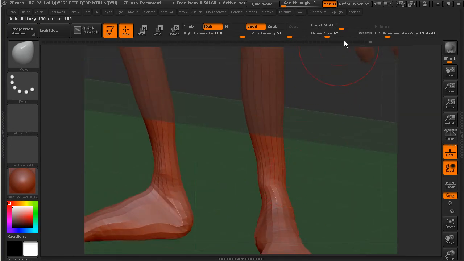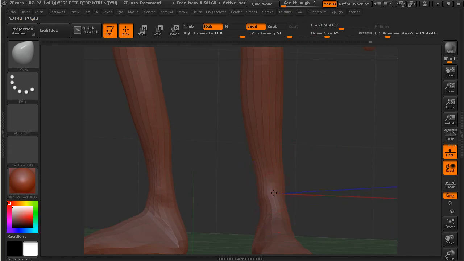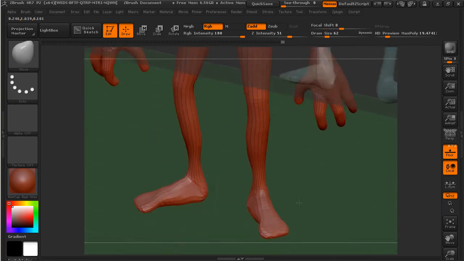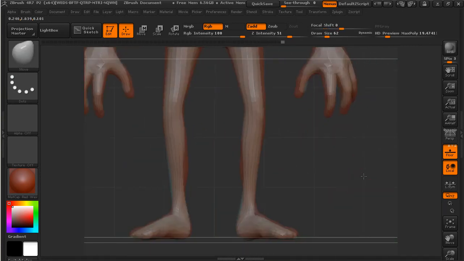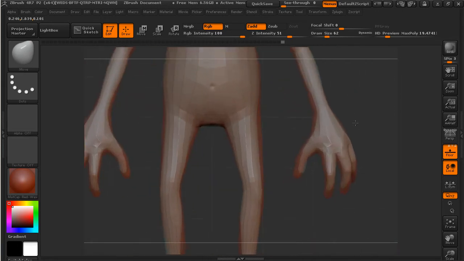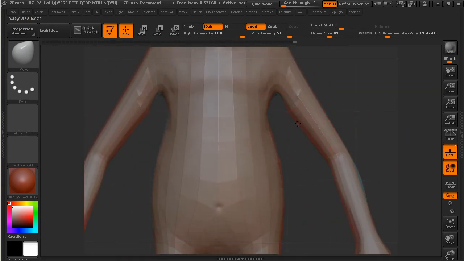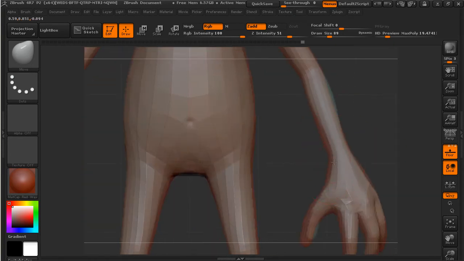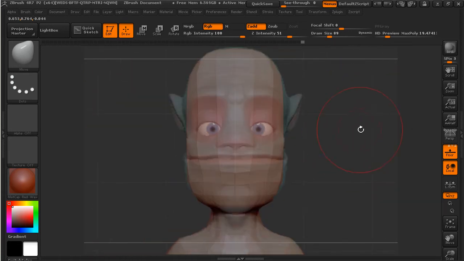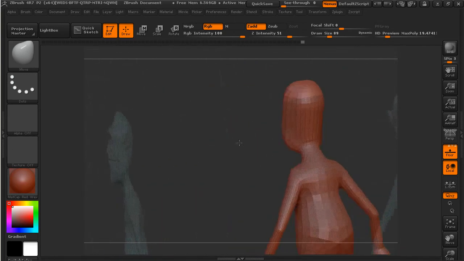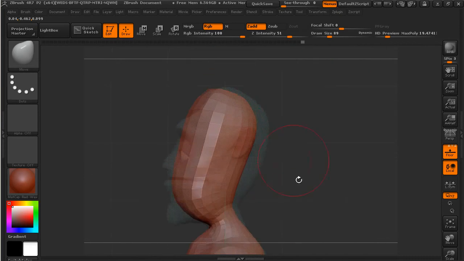Okay, and you can see where we're starting to get some edges that are kind of moving off to the side, so I'll just kind of smooth those out a little bit. But using move here at the lowest resolution is a good way to kind of get your base figured out. So something like that. And we don't have to get it exact, but the main thing is to just use your move to start to create that shape. And we can go here from the side too